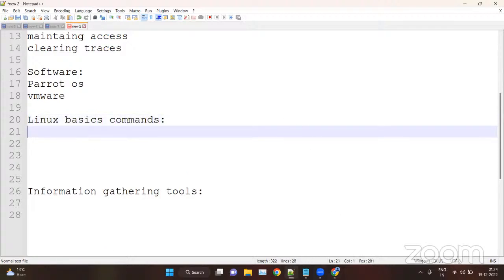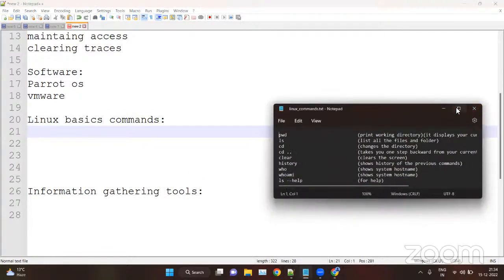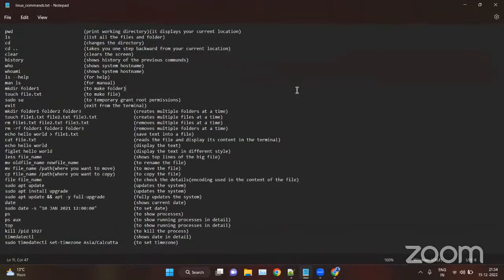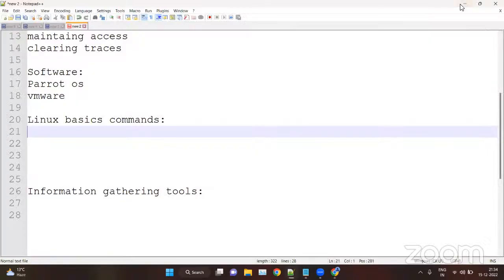Okay, let me show you. These are the commands that we will discuss in Linux. So let me open the Linux machine.